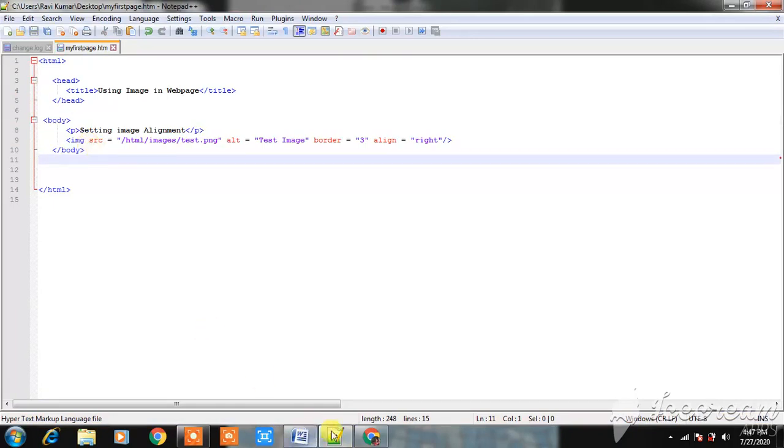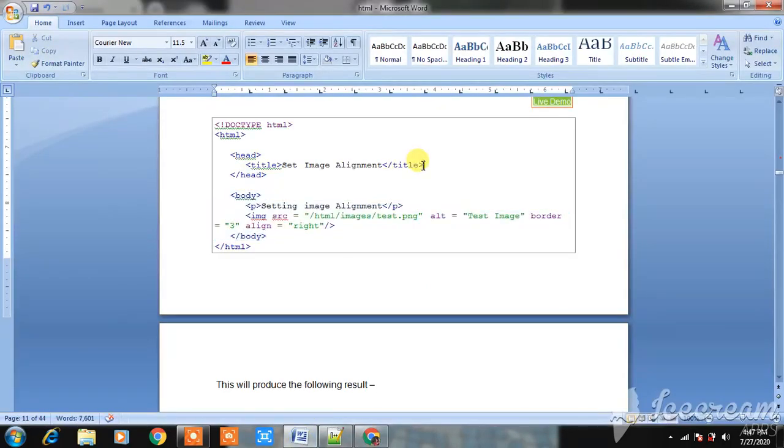Save, open our first page and then refresh it. See, it moved to the right side because we set the alignment to right.